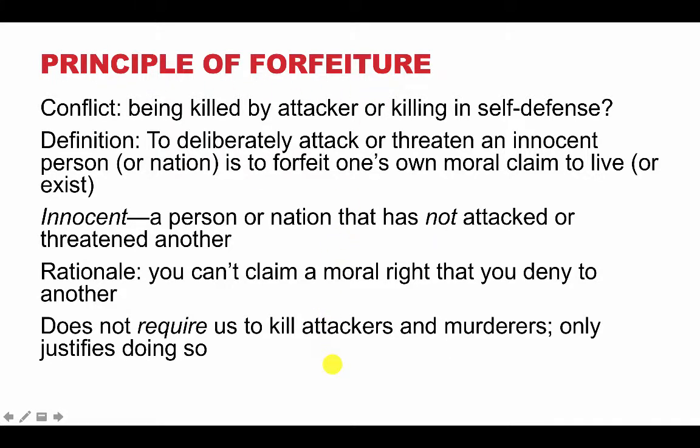But if in the attack I did kill someone for trying to kill me, and so I used self-defense, in that case I shouldn't be punished for it, right? Because the attacker forfeited their right to life, the moral, the natural value. Okay, so that's the couple of ideas, and I hope that makes sense.